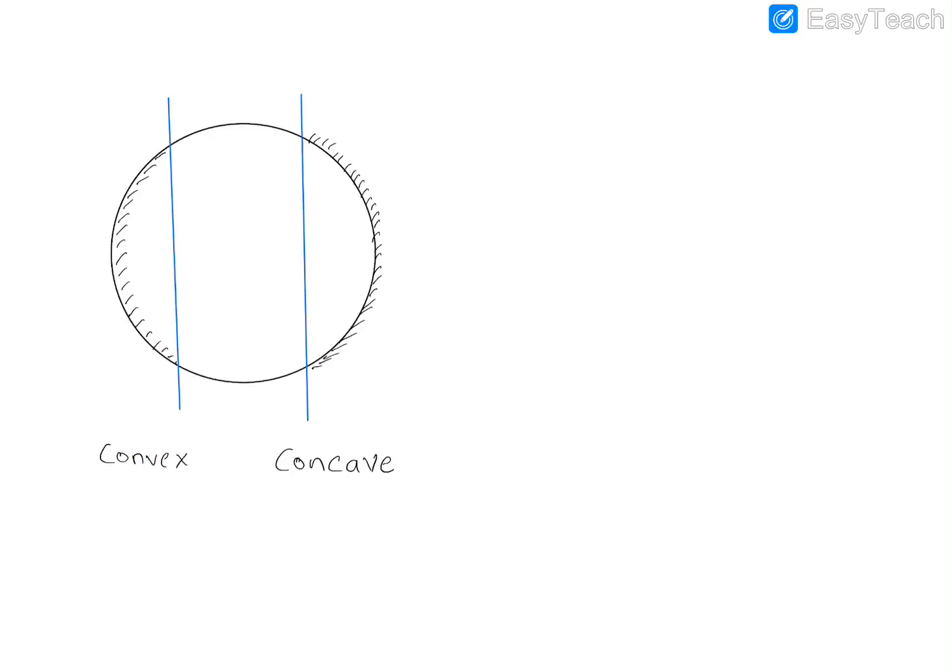Now, a concave mirror is basically a converging mirror, meaning what? It will converge the light rays. So it is also called a converging mirror. Whereas a convex mirror is called what? A diverging mirror. Why a diverging mirror? Because it can diverge the light rays. So it is called a diverging mirror.